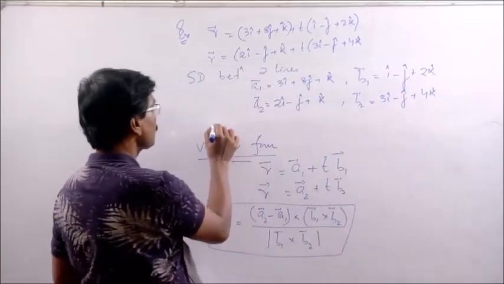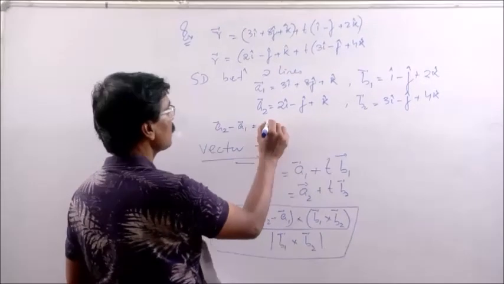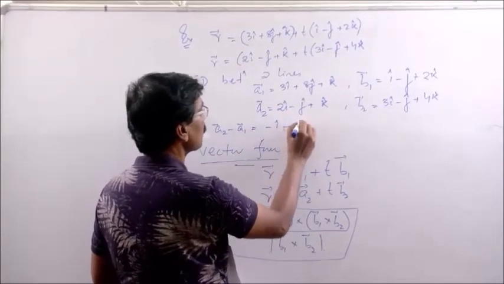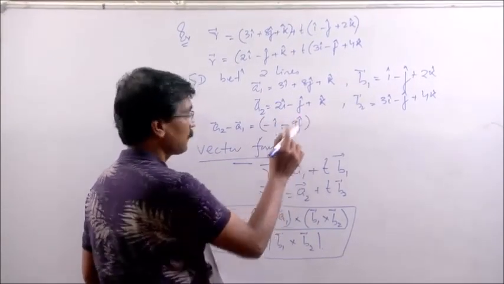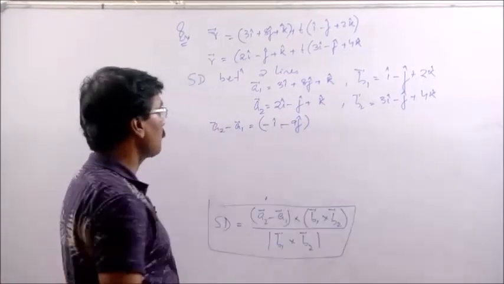So, for the shortest distance, a2 minus a1 vector is equal to minus i cap minus 9 j cap, and b1 cross b2